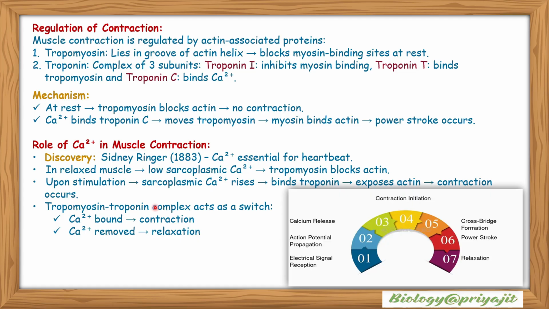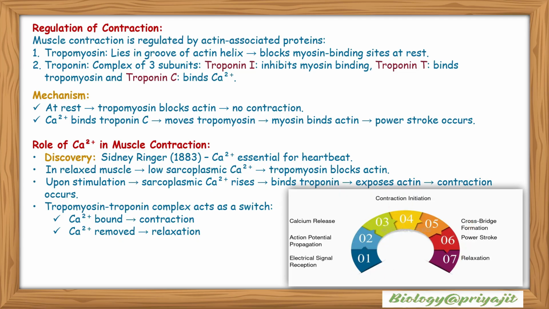So the tropomyosin troponin complex acts as a switch. When calcium 2 plus is bound, it promotes contraction, and when calcium 2 plus is removed, it promotes relaxation. So what happens: electrical signal reception, then action potential propagation, then calcium release, then contraction initiation, then cross bridge formation, then power stroke, and after that relaxation, followed by another round of